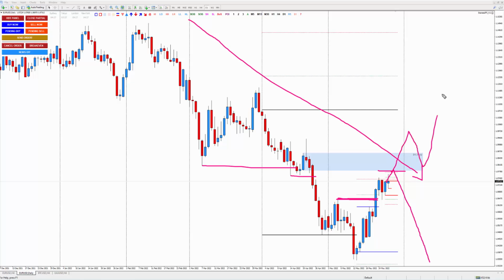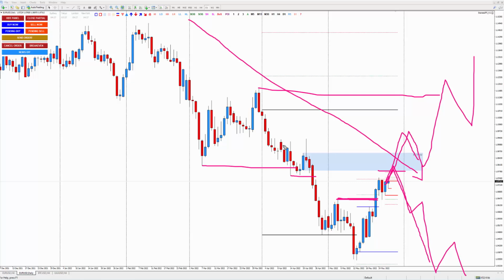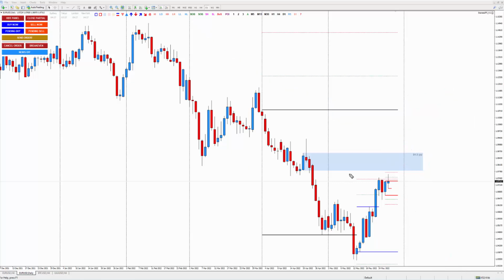Maybe here it can go like that, because in this area there are two possibilities: the market either touches here and continues down, or the market breaks the structure and also breaks the next structure, and then the market could go higher. But that is how you manage the trade and aim for your take profit target, because you understand whether you are trading the main structure or the minor structure.